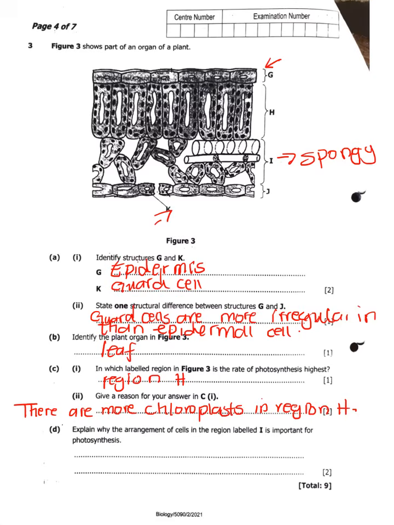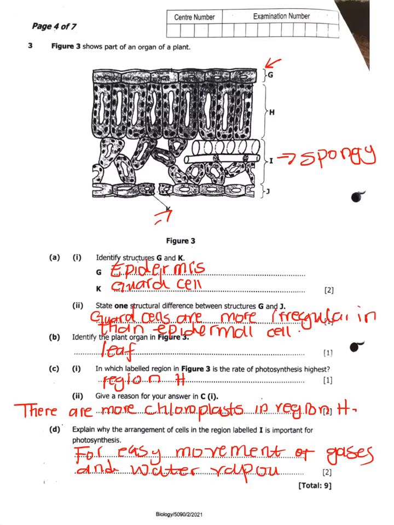gases and water vapor. So we can say for easy movement of gases and water vapor. So also for easy diffusion,